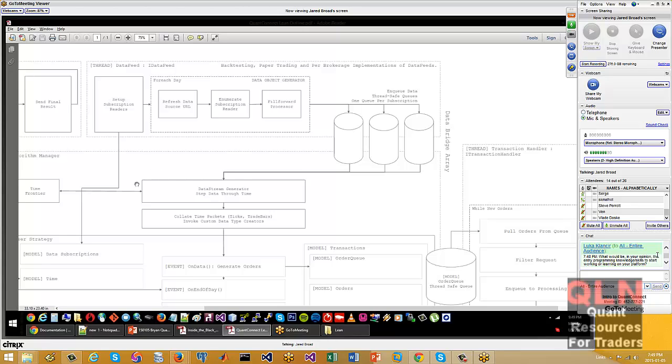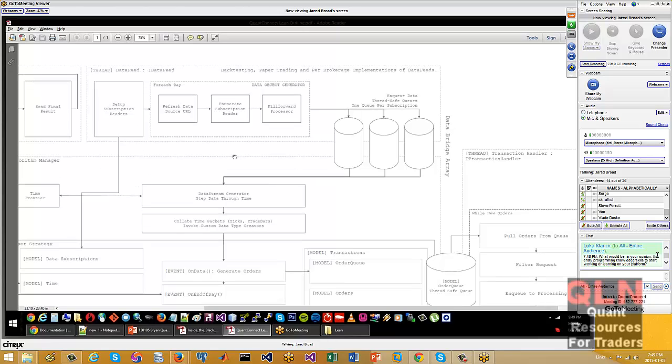The data feed generation and synchronization is done in this data feed thread, and it's all done for you. It's all part of the back end of QuantConnect that we're going to be open sourcing. You take the subscriptions that you want. If I want S&P, I want Apple, I want the S&P 500 stocks, it figures out where the data is, and it generates the objects from the raw source data.